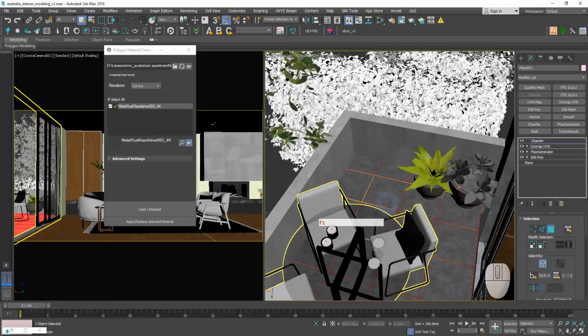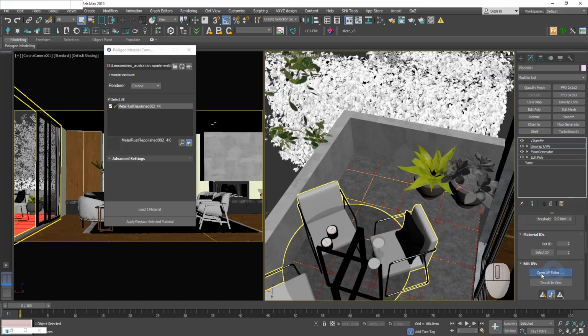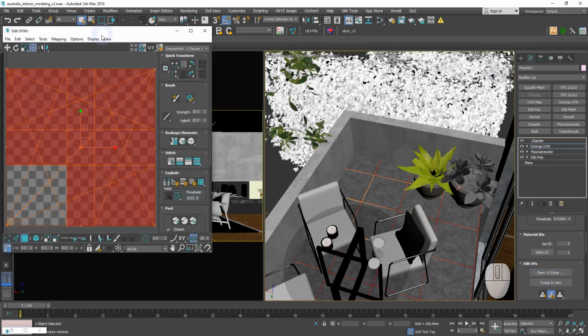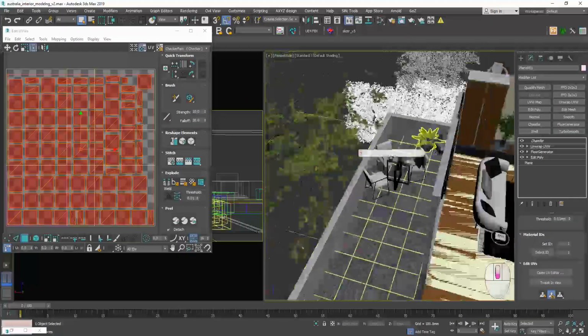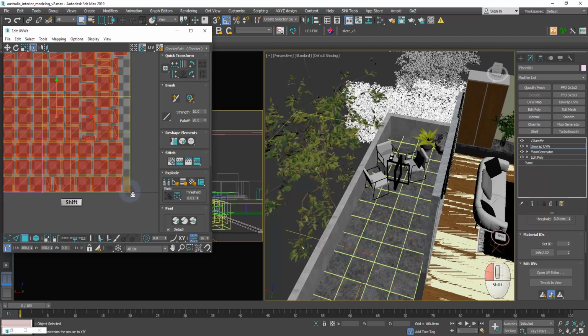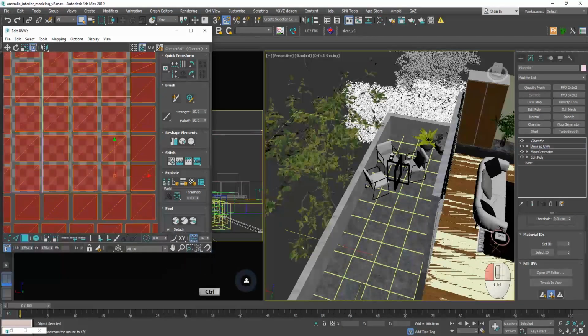Press F2 to be able to see through the floor. Mapping, Flatten Mapping. Keep clusters rotation the way they are. Increase spacing value a bit and hit OK. Scale it proportionally with Ctrl held down.